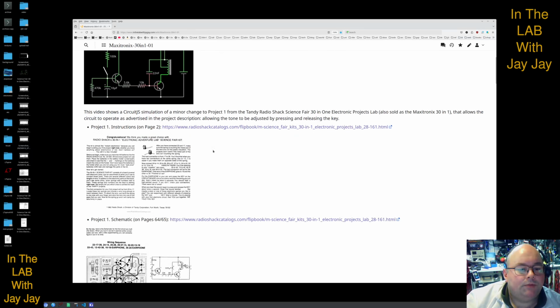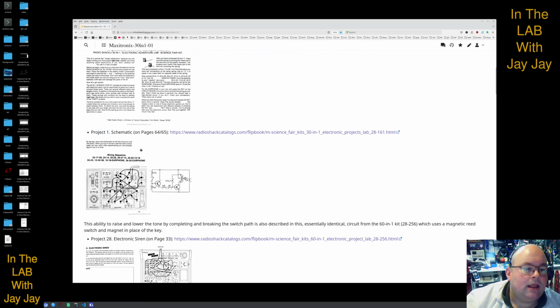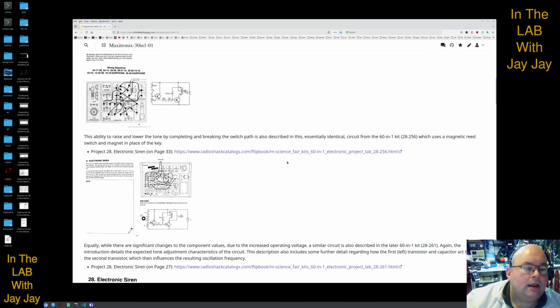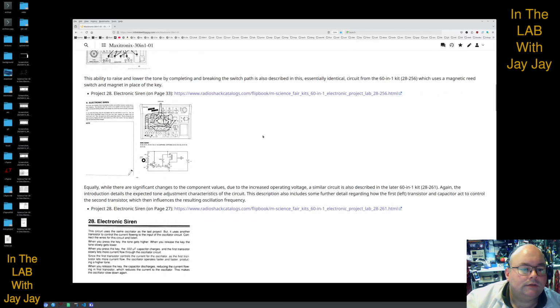So the video shows a Circuit JS simulation. We went through all this before, but since then I've copied in the bits and pieces. So the instructions are here. I scanned that in. The schematic is here. I scanned that in. Now he compares two versions of the circuit called Project 28, the electronic Siren Project 28,